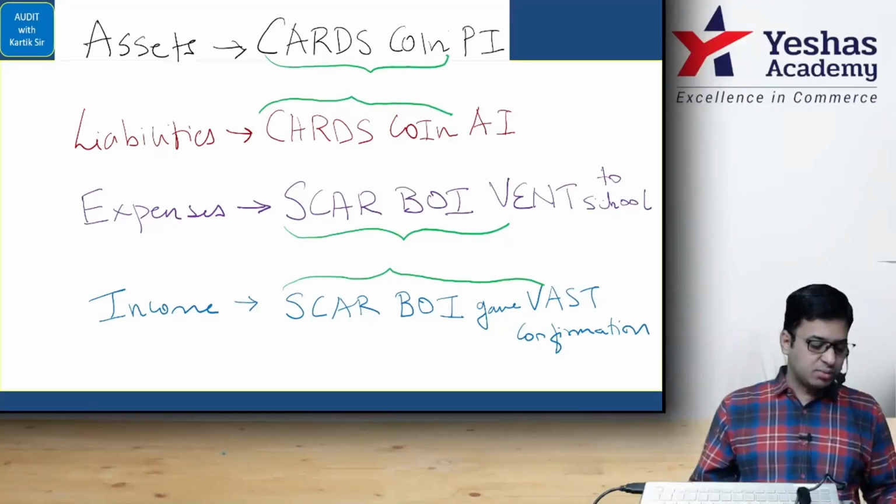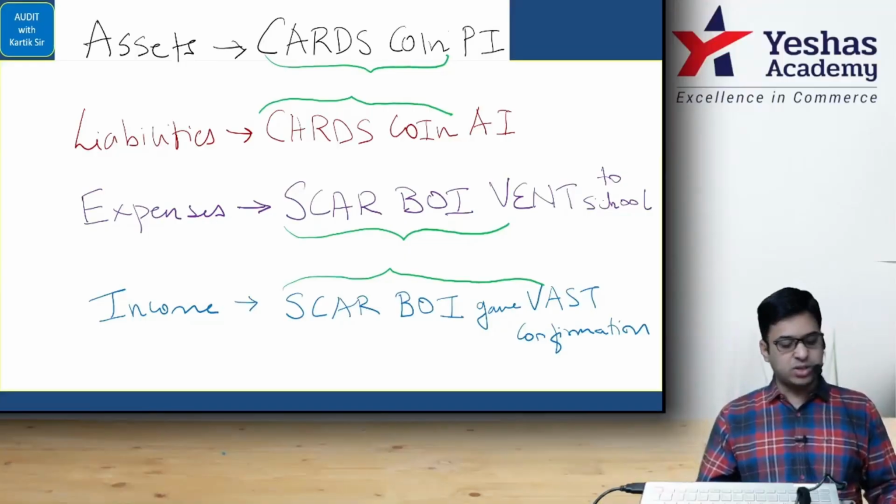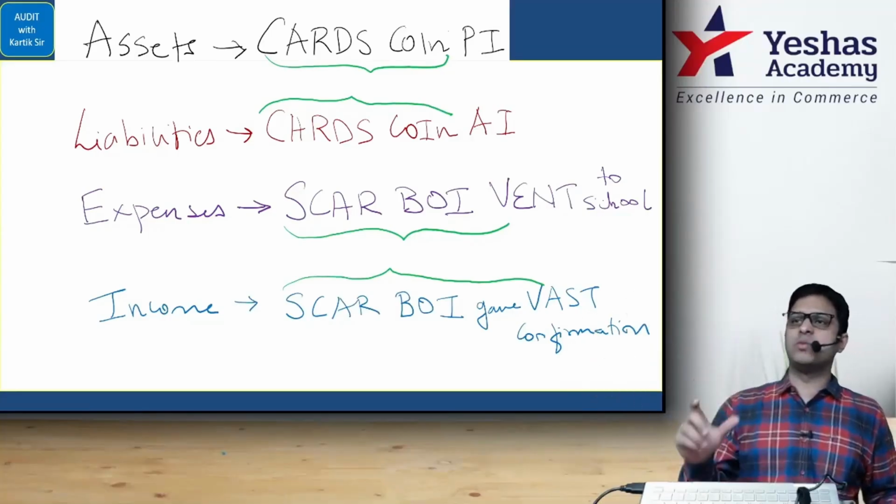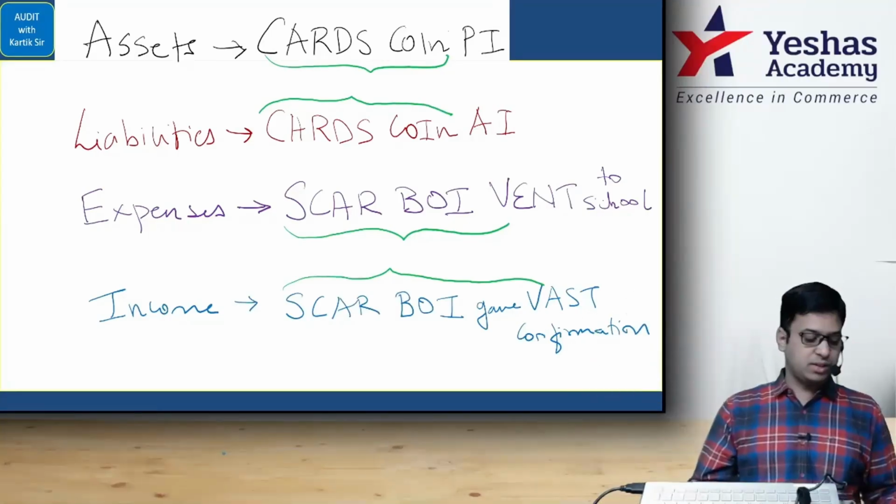Next, verify calculation and assumptions used in determining accruals and provisions. For provisions, of course, you will use assumptions. How many debtors will not be able to pay the amount back, so that will become your reserve for doubtful debt. The reserve provision comes at this point. Point number 9.